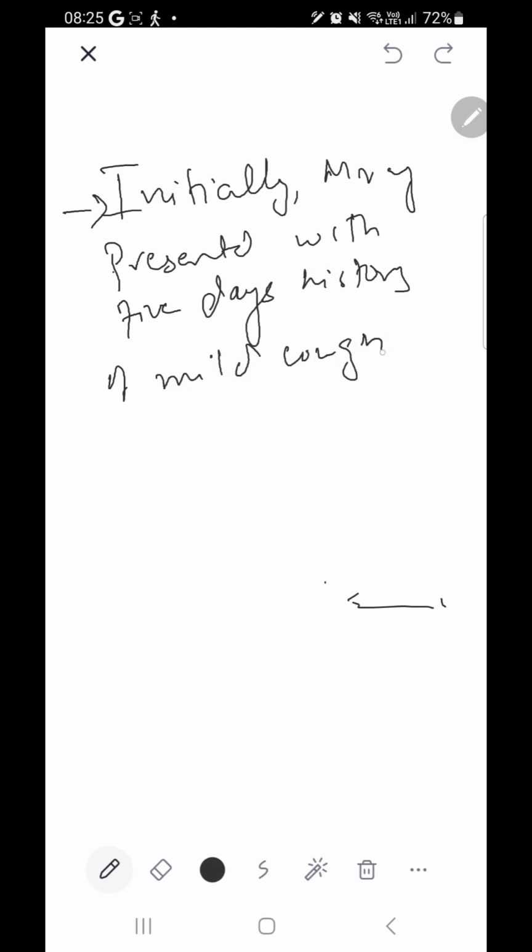Then we can see now, in the body part, let's say we can write it down. Initially, Mr. Y, let's say, presented with, let's say, 5 days history of mild cough. Let's say. So you can see that I'm using past simple only. Okay. Then we can add on, in addition, he was also, yeah, he also,